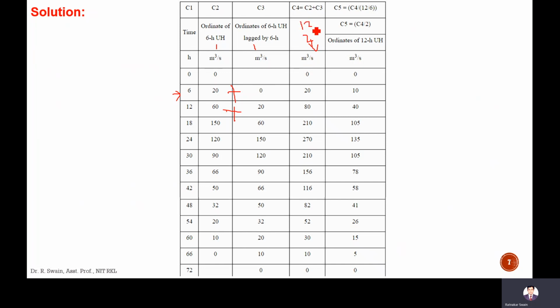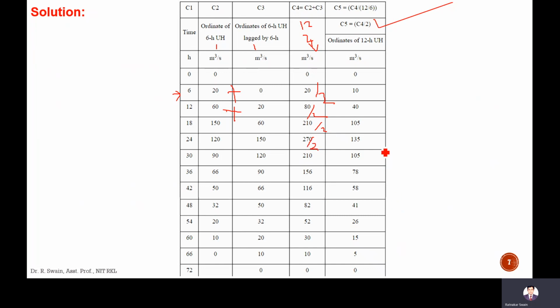And that is also for 12 hour. So now we got the 12 hour DRH for 2 cm excess rainfall. So the 12 hour DRH for 1 cm excess rainfall will be this column divided by 2. Okay, this is 1 cm plus 1 cm, that is 2 cm excess rainfall. Because unit hydrograph means for 1 cm excess rainfall, it will be this column divided by 2. So this will give you 1 cm excess rainfall for 12 hour duration. It means it is the ordinate of a 12 hour unit hydrograph. Okay, you just divide the ordinates by 2.